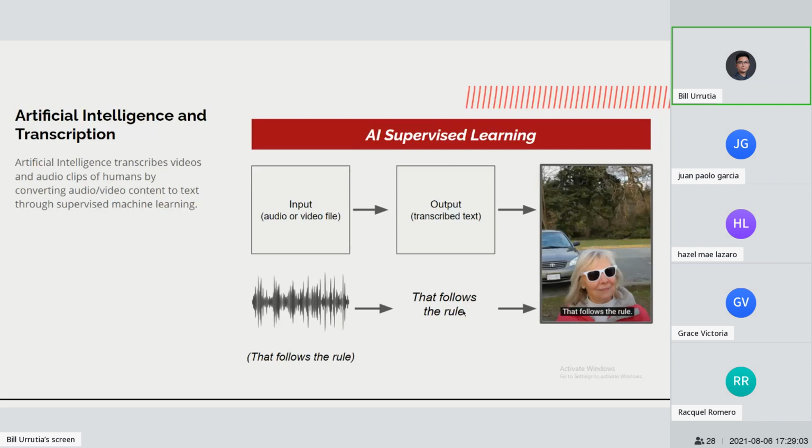So what will you do? Of course, you'll edit the text. So basically, that's the context of what the work is. We're helping AI become more efficient and more accurate, so that it won't need us or it won't need human intervention in the future, so that it can transcribe everything already, every conversation or every video that there is